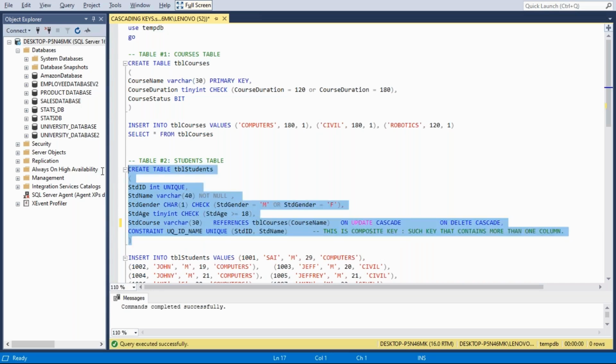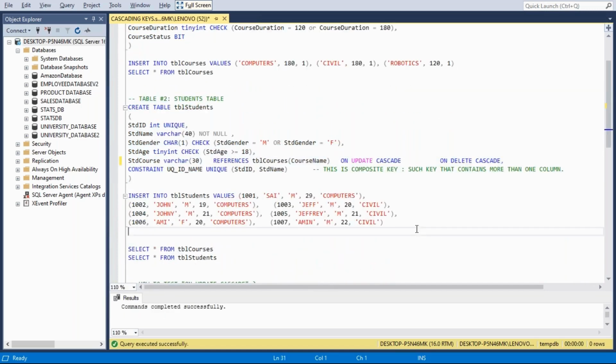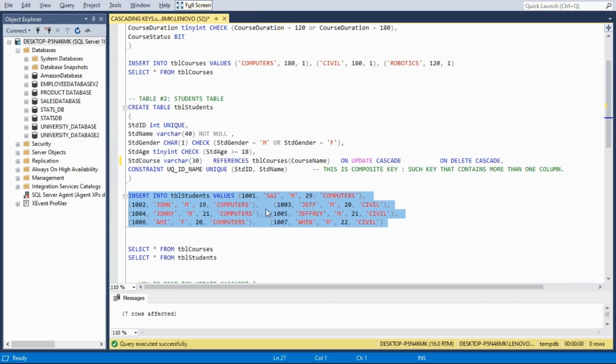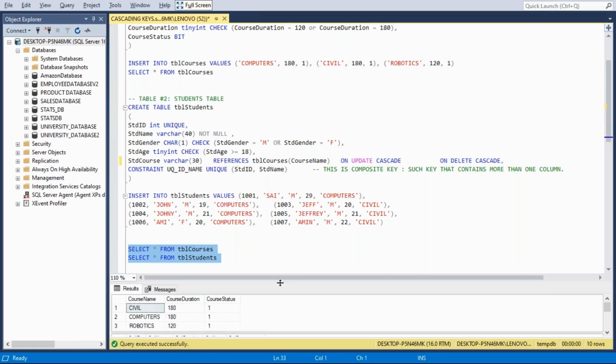Let's see how it is. Create table name. Just now I created this table. Now insert data. It is a reference, so students should be enrolled for valid available course like computers, civil, maybe robotics. One more interesting thing here. Constraint name, constraint type, unique or primary key, anything, and